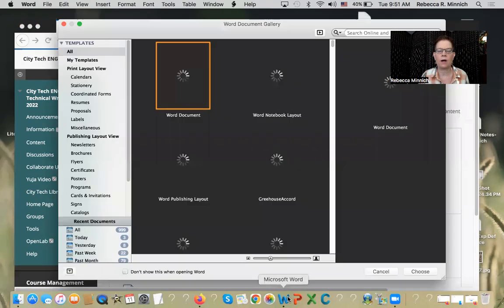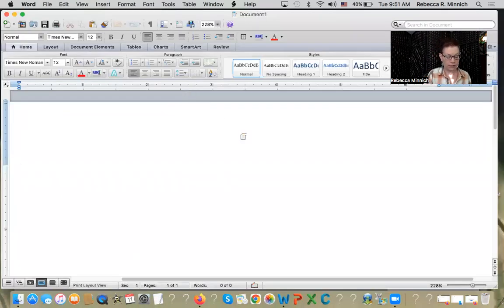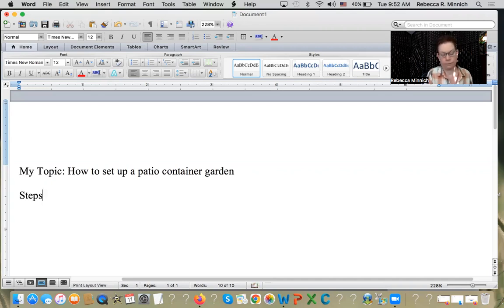So for the instruction manual, if I'm opening up a Microsoft Word document, I would say my instruction, okay, how to, my topic, how to set up a patio container garden. All right, so steps. Okay, 1. Measure the territory, size of patio, right? 2,